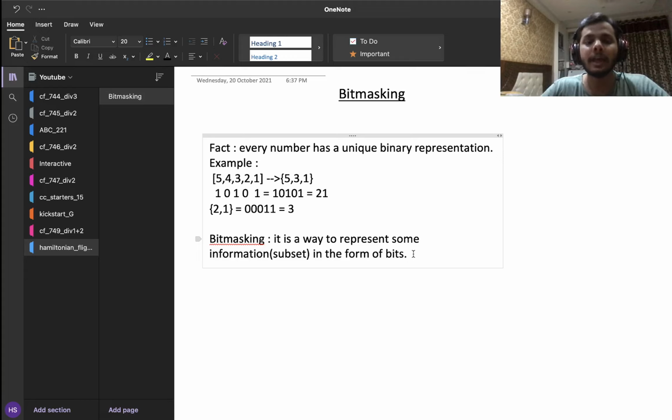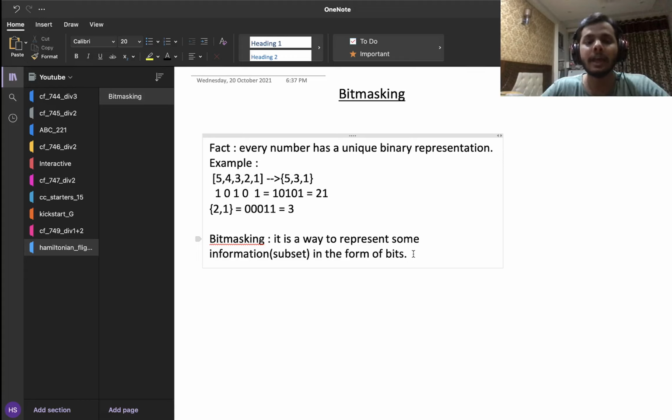Alright, so now let's look at the problem. It is called Hamiltonian Flights from the CSES problem set. And the problem says that there are n cities and m flight connections between them. So basically there are n nodes and m edges in a graph, and you want to travel from Syrjälä to Lehmälä so that you visit each city exactly once, right? So you want to travel from node A to node B, visiting every node exactly once, right?